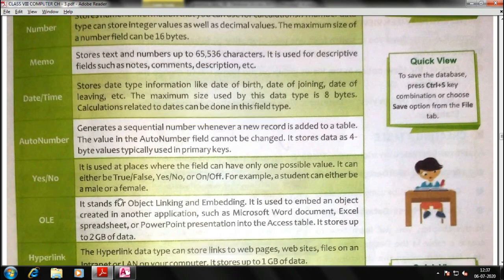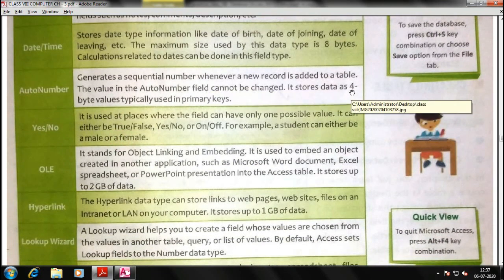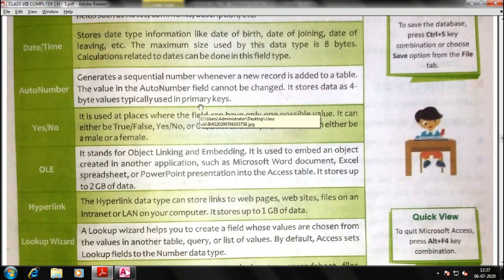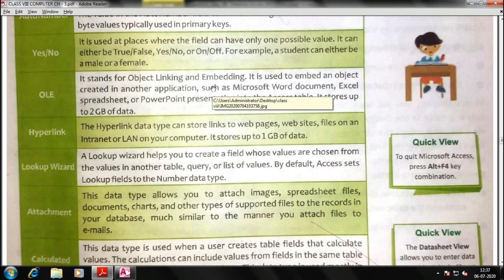Next is auto number. Auto number generates a sequential number. I told you, right? It stores data as a 4-byte value, typically used in primary keys. Yes or no is a boolean thing, because either it will be yes or no, either it is registered or unregistered. You can take this also. OLE is object linking and embedding, for the linking of other documents, right?